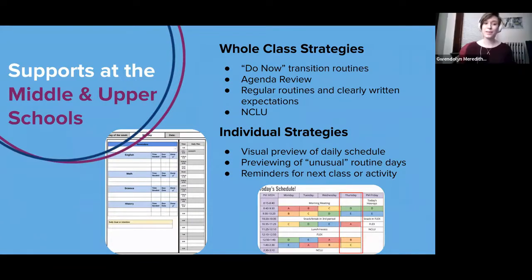In the middle school, we are also huge on routines because developmentally in the middle school, students still need a lot of parent support with building routines, and even in the upper school for our 8th and 9th graders as well. Most executive functions don't really finish developing until age 25, when our frontal lobes finally finish development. Because it takes so long, some students still need support with building their routines. So in the middle school, we have our do now transition routines at the beginning of every class. At the end of class, we have our exit ticket routines. We also typically have weekly routines within classes.